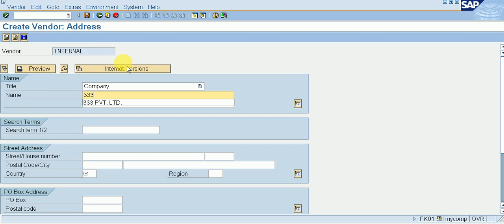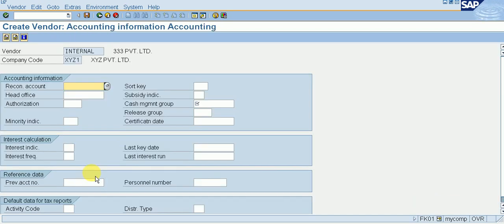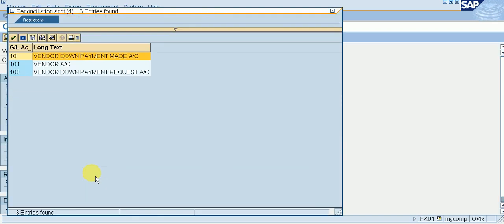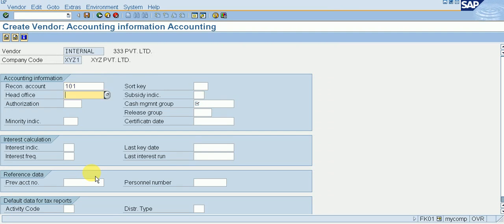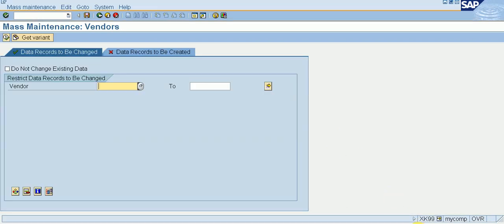I am creating another vendor, company IN. So I am doing very short which vendors I need to block. So I am doing it fast. Okay. So I created 3 vendors. Okay, 111, 222 and 333. So I'm blocking these here.